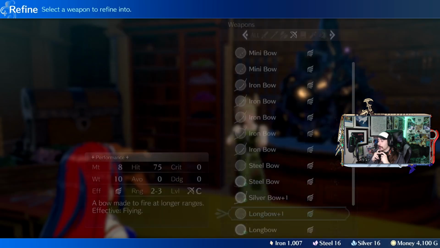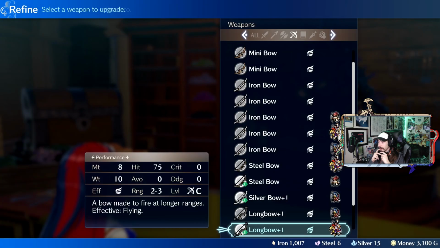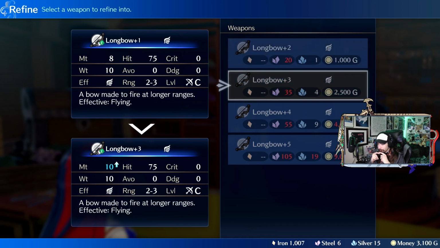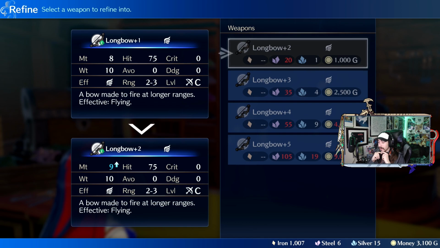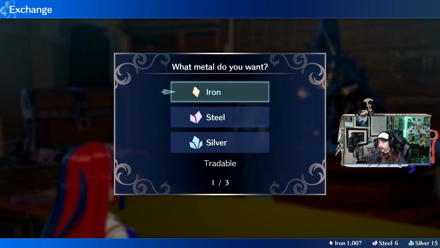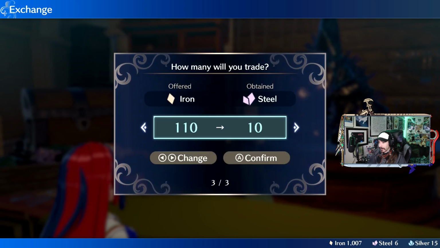Yeah, we'll get some longbows +1 though. Yeah. And then I'm gonna need a bunch more steel. I could always exchange some iron and stuff. Maybe we'll be good in the next battle. I don't know. Yeah, more hit could be nice. I don't need to dig too much into my silver. What is the current exchange at? No, I want steel. I'll give iron. And let me give, like...